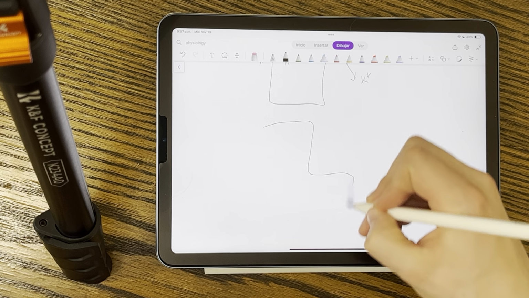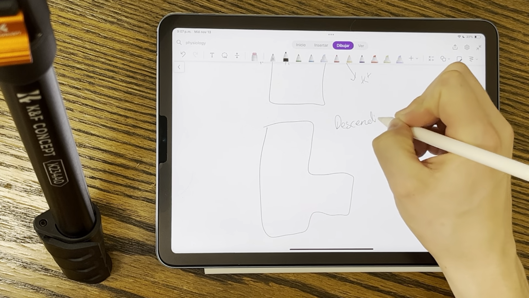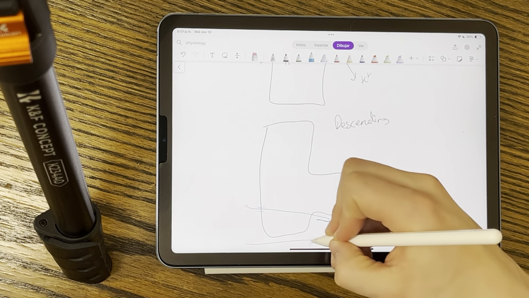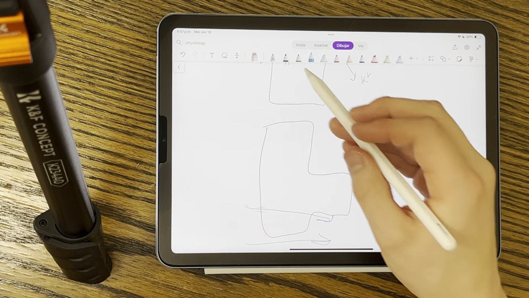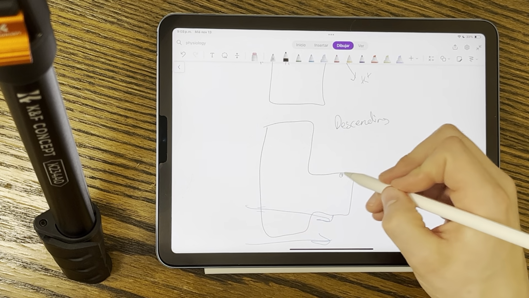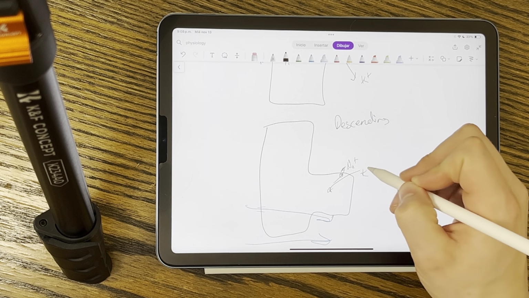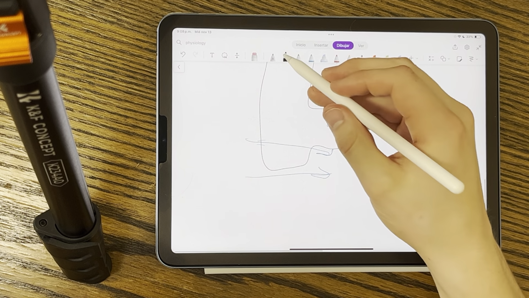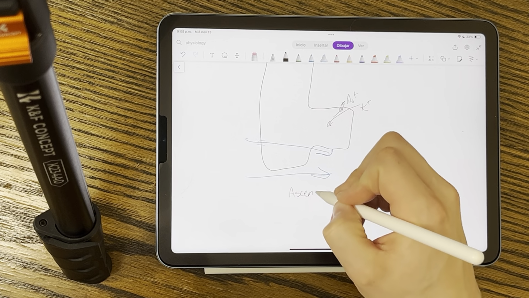we get the descending tubule. So all that's going to move here is water. Water's going to move. And obviously we still have the sodium-potassium pump. But the main purpose of this is water reabsorption. Then as we move to the ascending